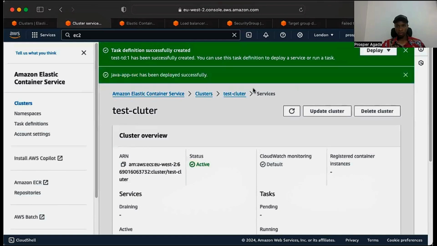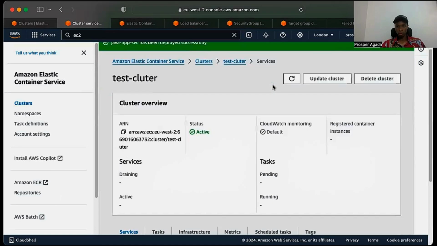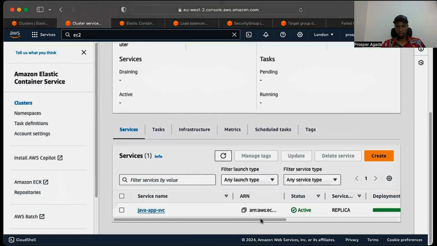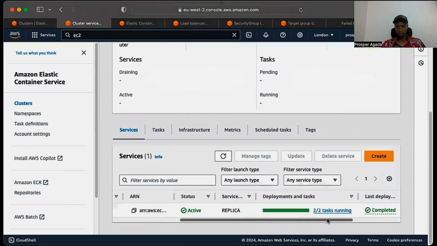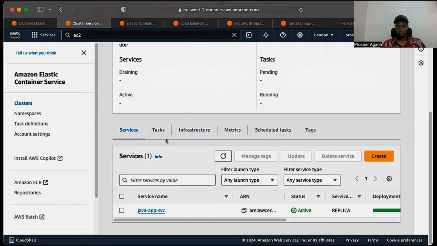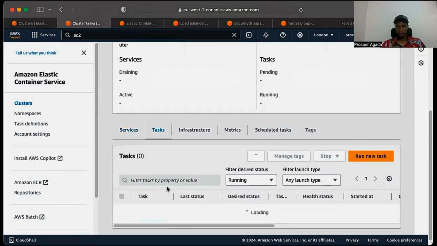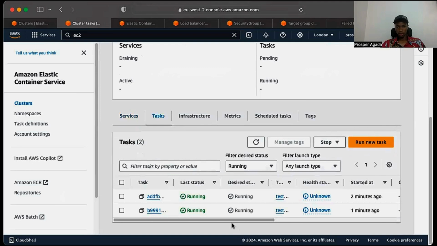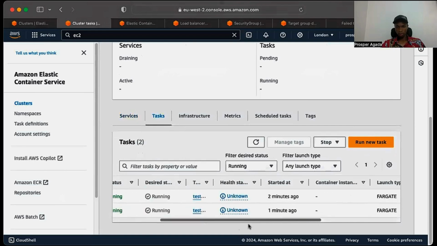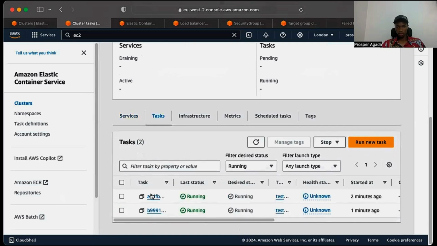So our service has been created successfully. That took almost 2 minutes to get through. You can see that it's now active. We have 2 tasks running, and if you click on tasks, you can see the desired running count, and everything is okay. So if I click on the first task,